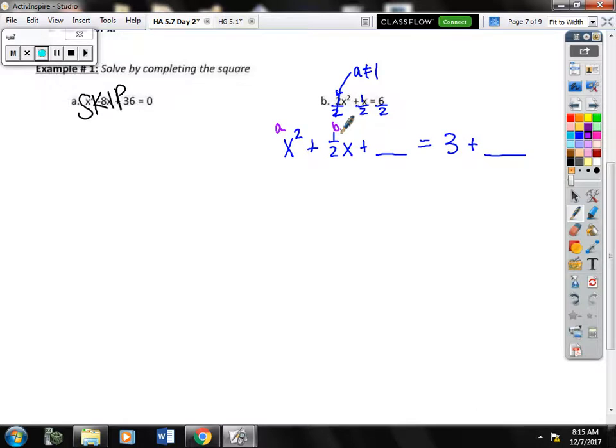Whenever you're doing your b divided by 2 squared formula, you want to use the new value of b, not the original one. Okay, so I'm going to find out what I'm plugging in here and here. Now I'm going to get 1/2 divided by 2, squared. What is 1/2 divided by 2? Okay. 1/4. Okay, the 2 kind of just drops down and gets multiplied with the denominator, but the reason for